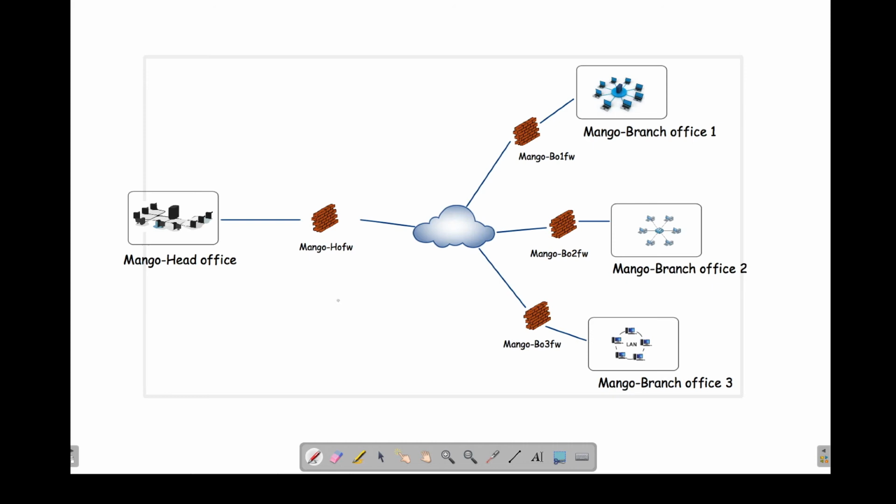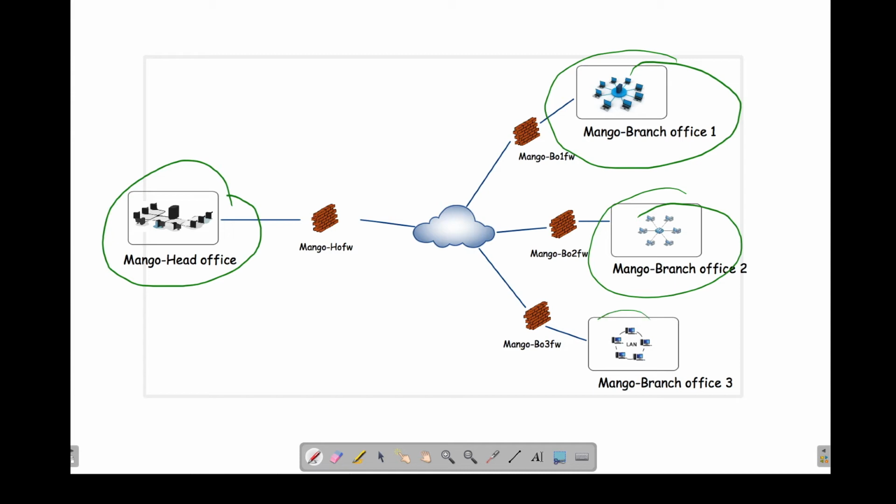Now let's imagine a company called Mango. Mango has got a head office here. Mango has got branch office 1, branch office 2 and branch office 3. And all the four offices are connected through the internet to each other. And to protect the company from